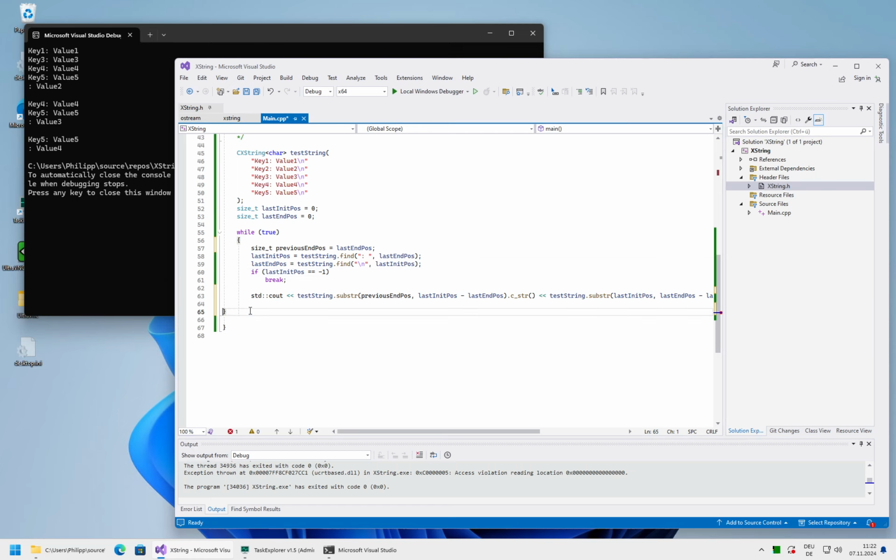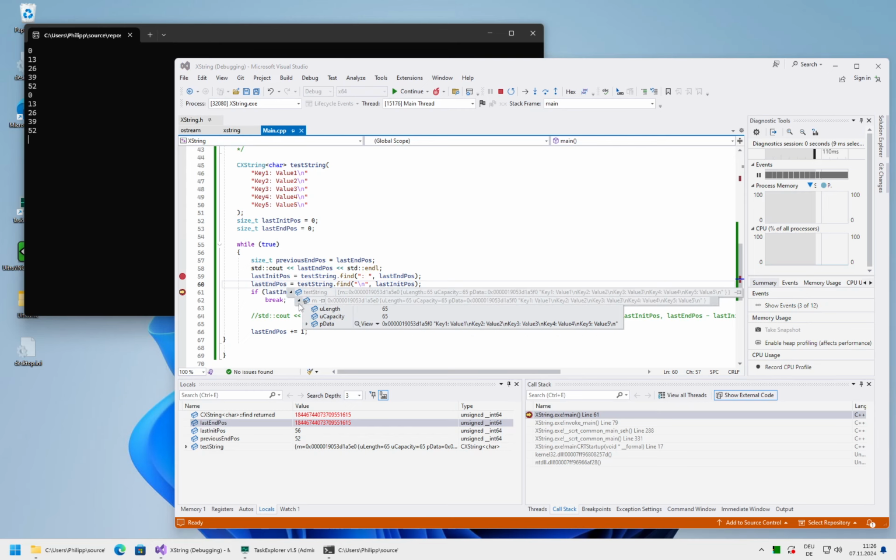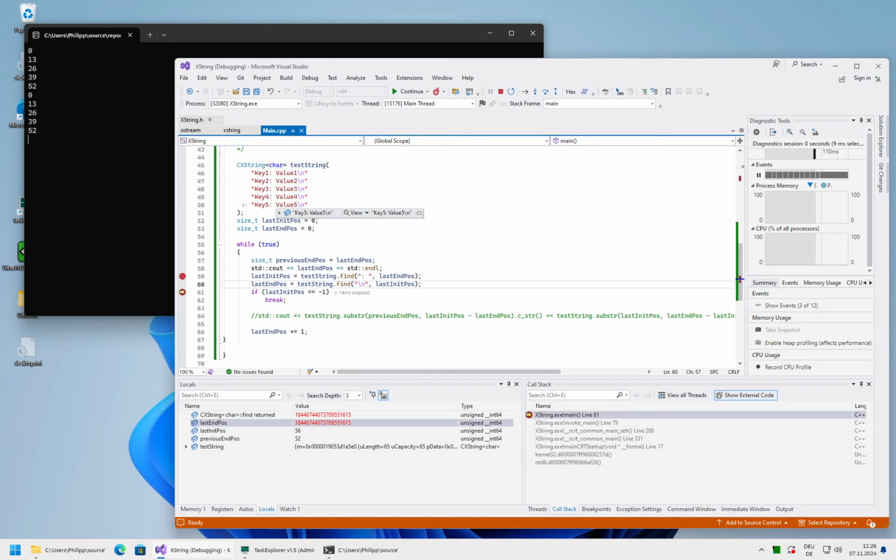So value 1, 2, 3, 4, value 5. And we are here now in the 5 scenario, and we already get -1, while we should not have, because 56 should not be, because we have 65, so we should have still these characters.